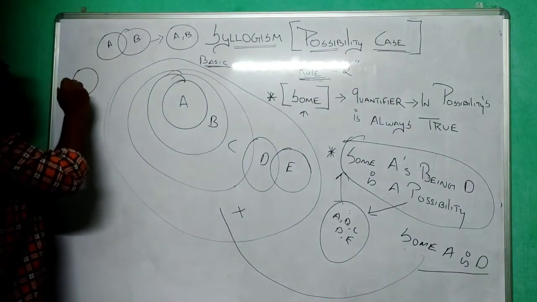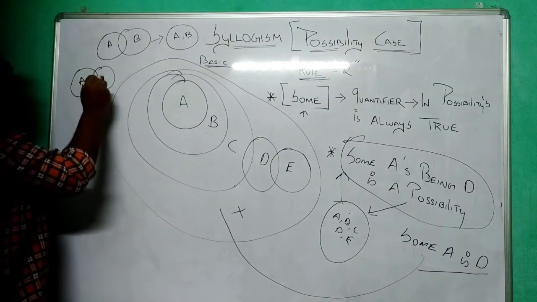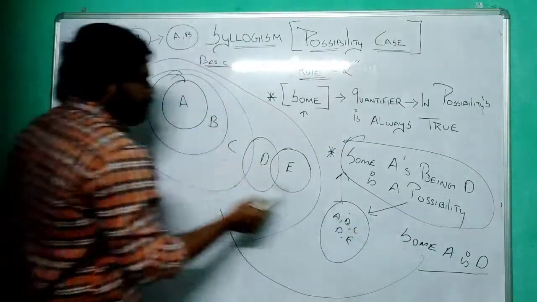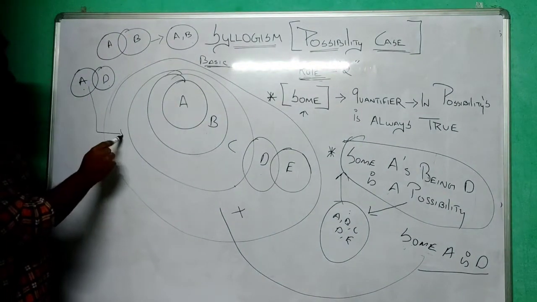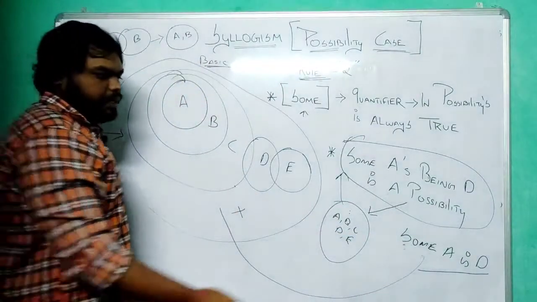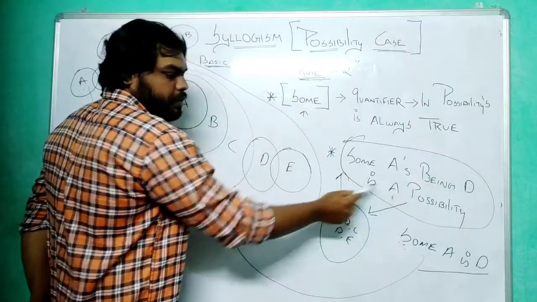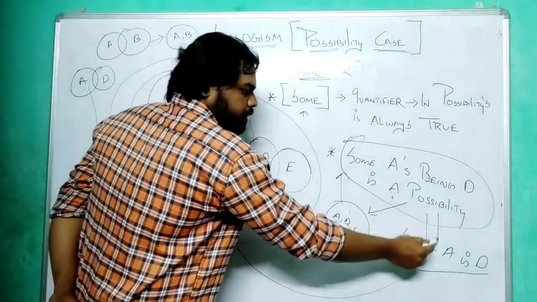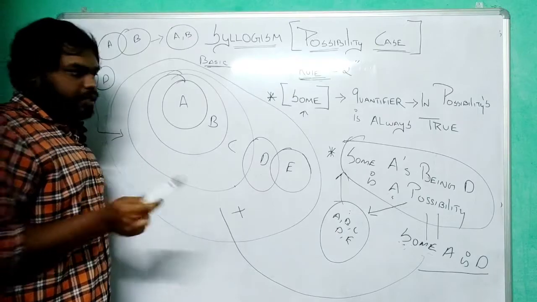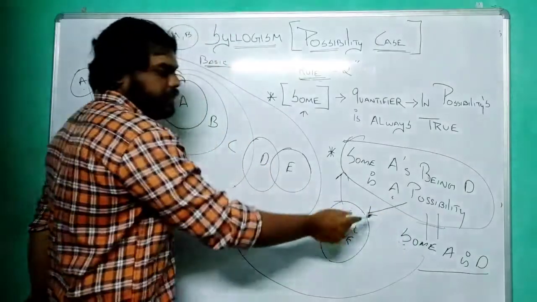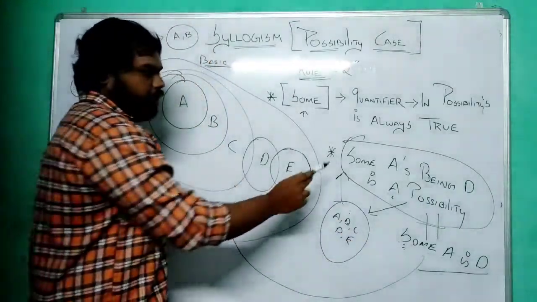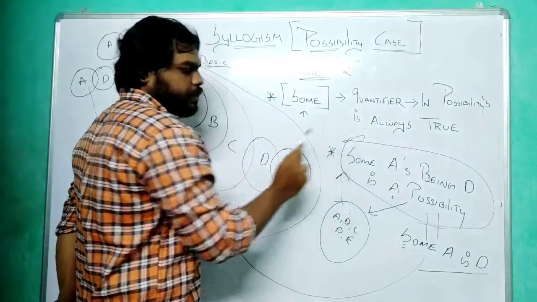If I say some A is D, this is true for that statement, some A is D. But we don't see such a diagram here, right? This is a positive statement and this is a possibility statement. These two things are two different things. Please don't confuse it. If you are a beginner, you might be having a confusion. That's why I am clearly saying that these two things are two different things. For this, we don't check for possibilities, but for some A being D is a possibility,